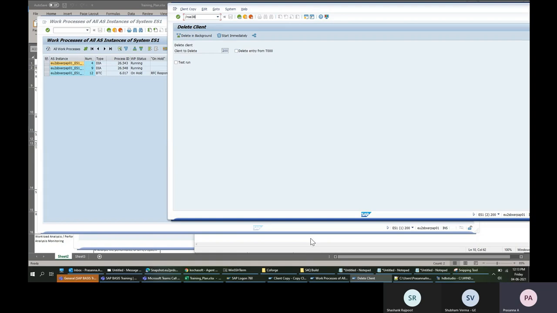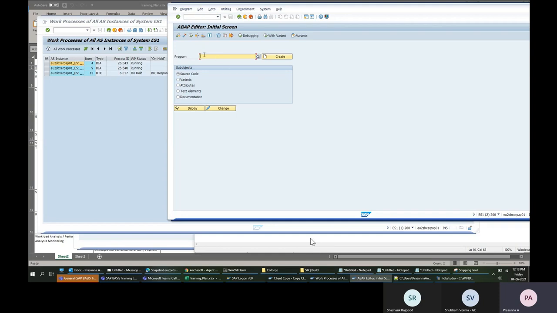In SAP also there are a lot of programs; we call it a program or report. There are thousands and thousands of programs in SAP. For each process, if I run a T code, maybe SU01, in the background it will run a report for this T code.